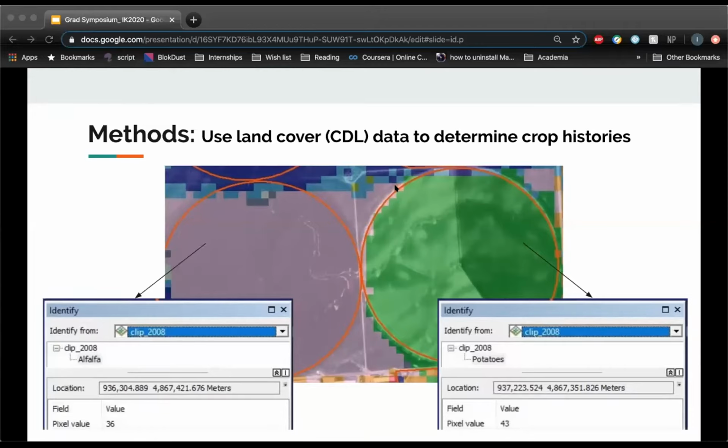When we're doing that, we see misclassifications and imperfections, especially along the borders of these fields. A lot of that is due to resolution. The CDL data is at a resolution of 30 meters squared, so when you get to the edges on a finer scale, it's going to be pretty chunky. But our goal here is to determine majority pixels so we can identify what crop has been grown in this field for a single year.